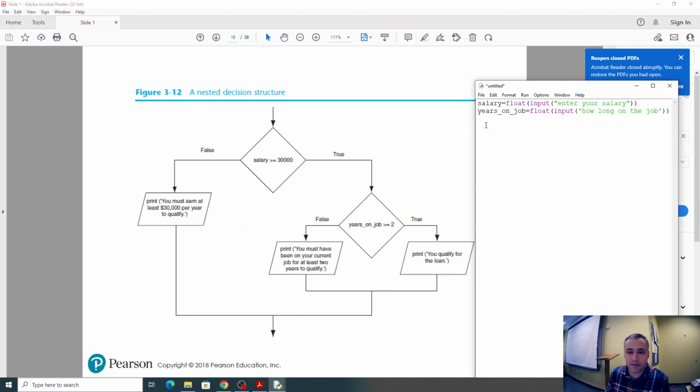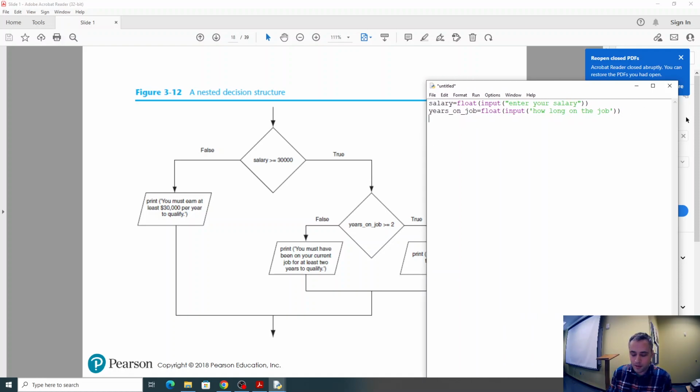All right. Now, the first if statement: if salary is greater or equal to 30,000, then do the true part. If that is true, we have another condition. That is the nested if statement. So another if statement, if years on job greater or equal to 2,